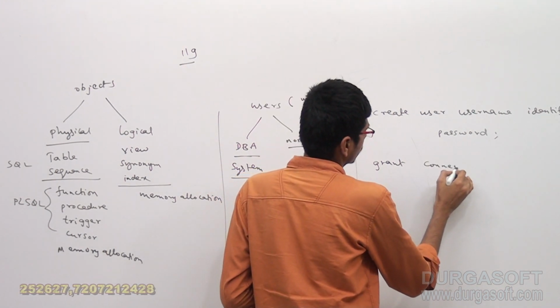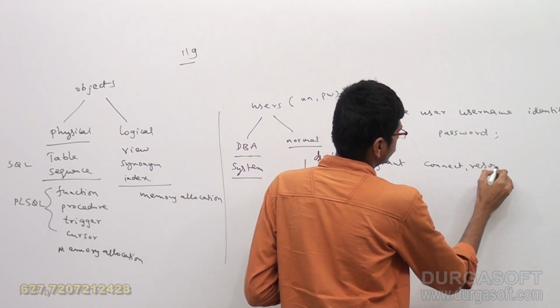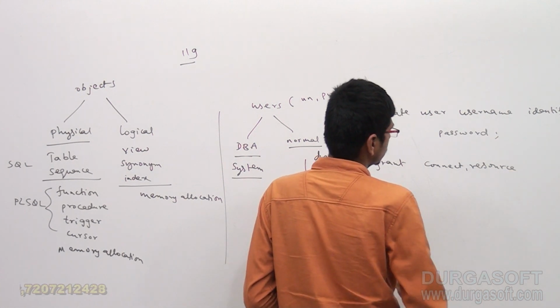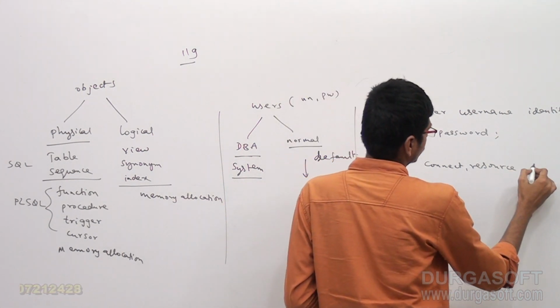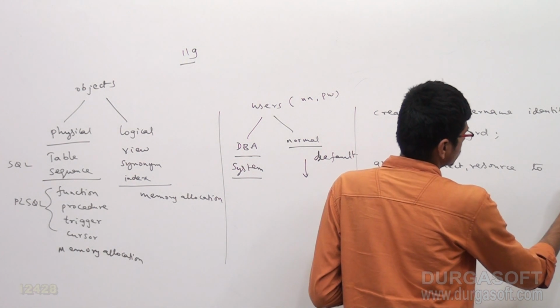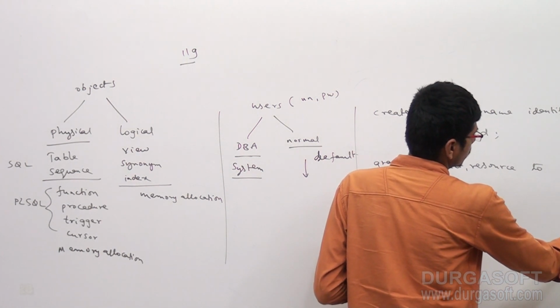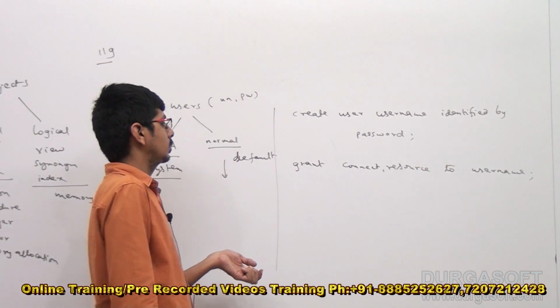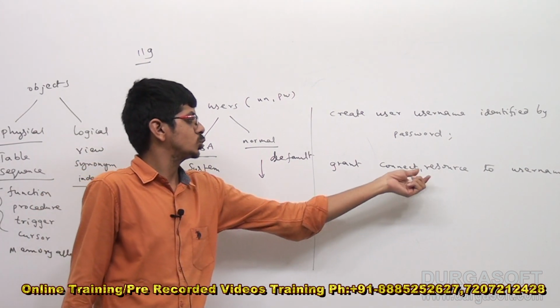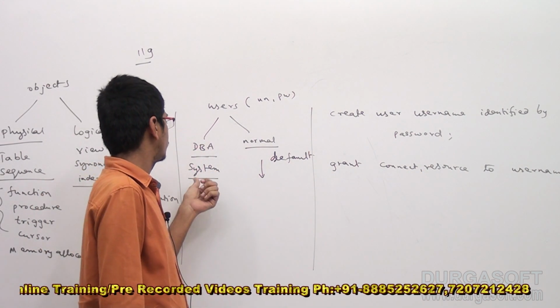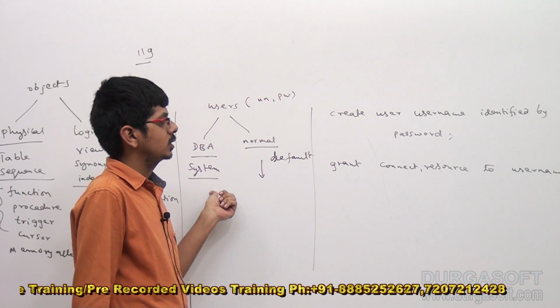connect and resource. Grant connect and resource to whatever the newly created user name is. To that username you grant these two permissions from the system user. Okay, so let us say